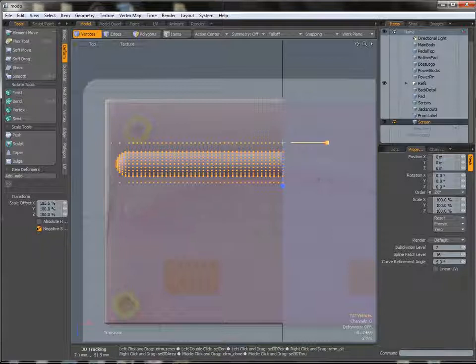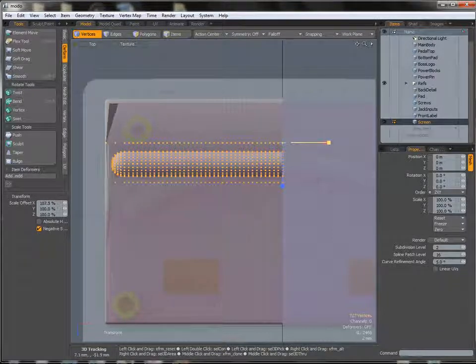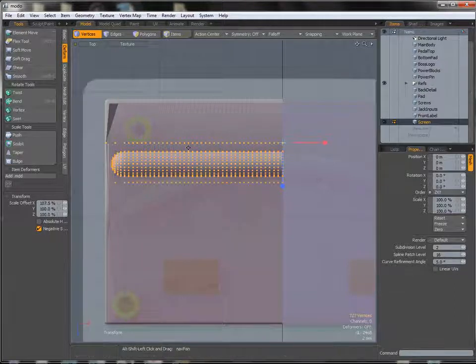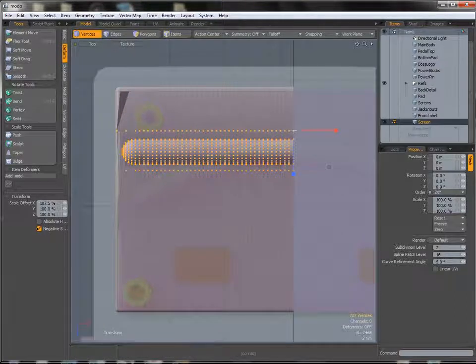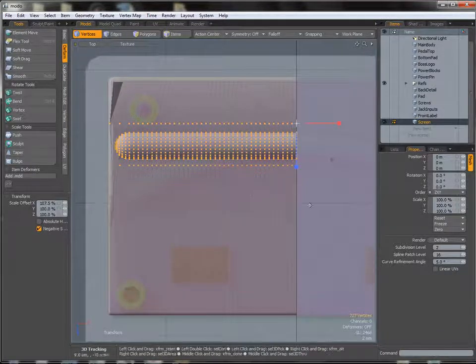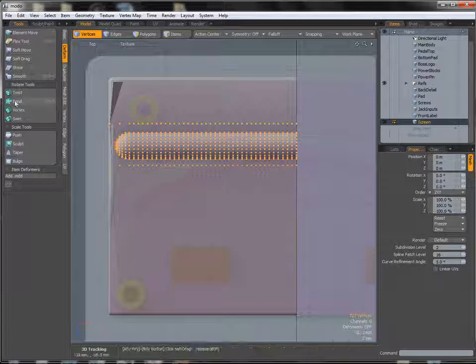And how far do we have to pull this out exactly? Well, to be honest, it's just a bit of trial and error. If you don't get it right the first time, you might have to undo and come back and try it again. But 107.5 is the figure that I'm going to try. So with that done, I'm going to hit space to drop the tool, and we can then activate the bend